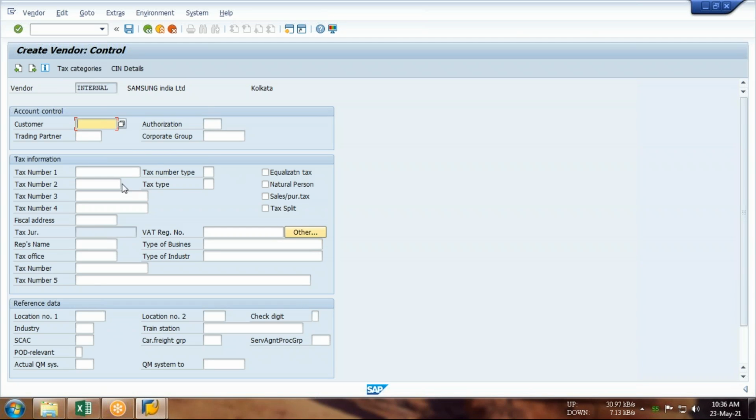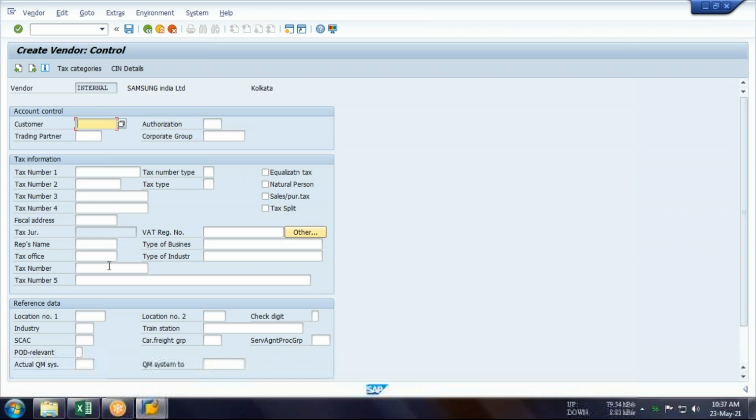Okay. The second page is optional. This information is not for India. This is not our GST or TDS or something like that. It's not this kind of tax. So if you are going to maintain any Indian vendor, you need not maintain anything over here. But remember one thing, sometimes students ask, sir, often what happens, say for example, Samsung is my vendor. Similarly, Samsung is my customer also. It happens, guys, in practical life.